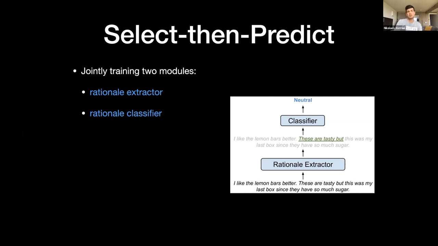In the first step, a component or a model extracts the rationale, and in the second step, the classifier takes as input only the rationale and makes the prediction. There are two ways of doing it. One is end-to-end, for example, HardKuma, and also some more recent work, SPECTRA, published from André Martins' group, who gave a talk earlier today.